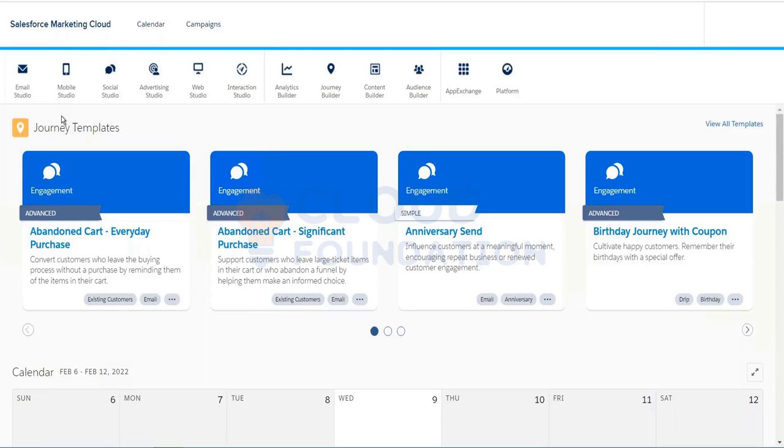Another use case is like I sent out the email now and some of them opened my email and some of them did not open my email. And I have the capability in Journey Builder to see if the customers are really engaging with my email or not. That's one of the nifty features that we have in Journey Builder. We will be able to understand if the customers are engaging with my communication or not.